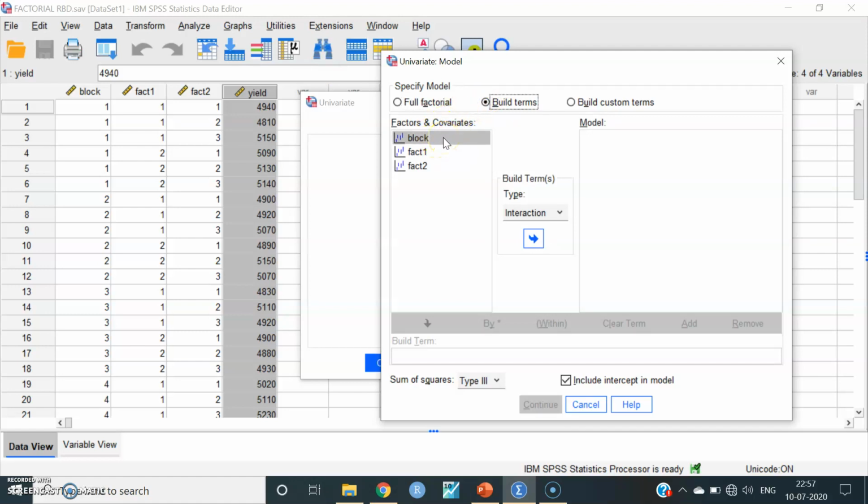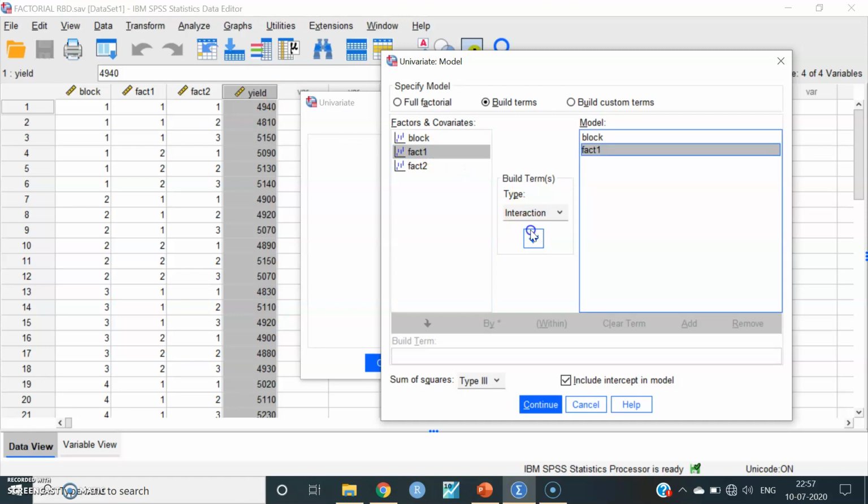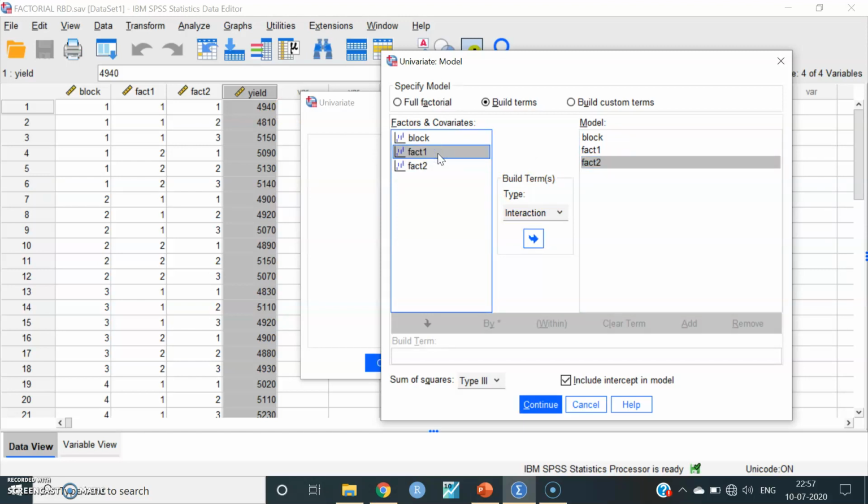Initially, our experiment is factorial RBD, so I am selecting block as the first term under model. Second term is factor 1. Third term is factor 2. Last term is the interaction of factor 1 and factor 2. For that, first of all, we have to select factor 1, then press the Ctrl button and select factor 2.